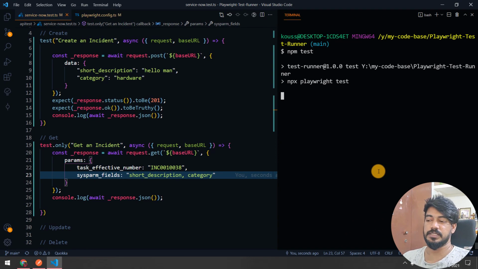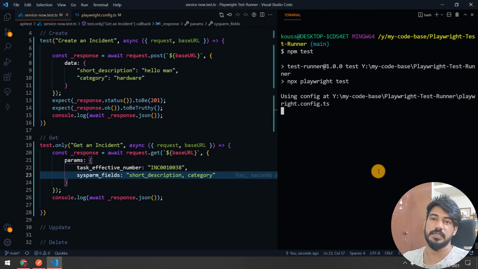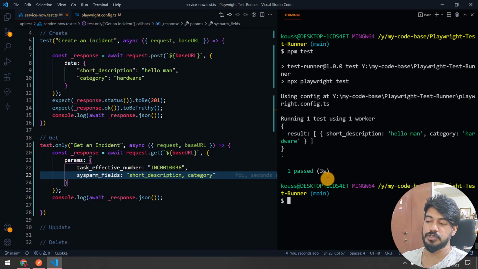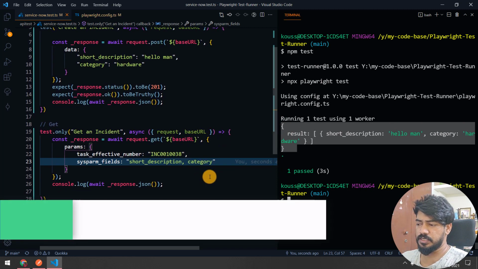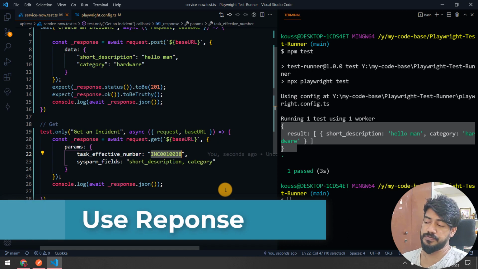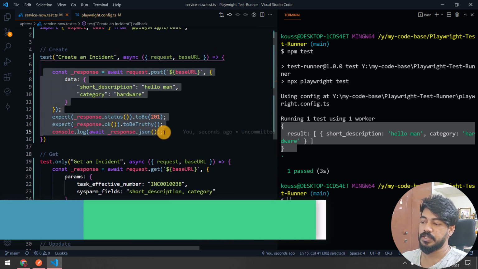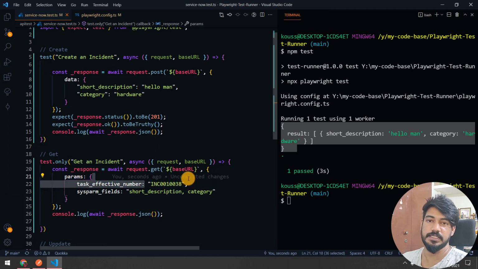So this time we get only the details for number 38. Whatever we saw on Postman should be exactly here. Yeah, that's really good, right? Now this incident number, we are passing it ourselves, but whatever I have created from there, I want to pass it. Let's see how to do that.